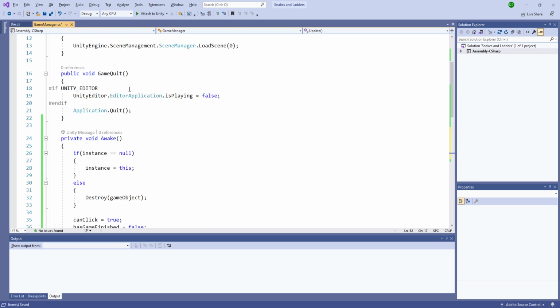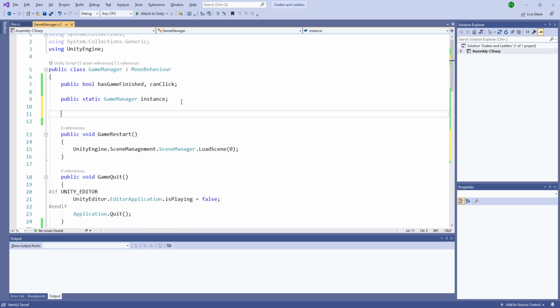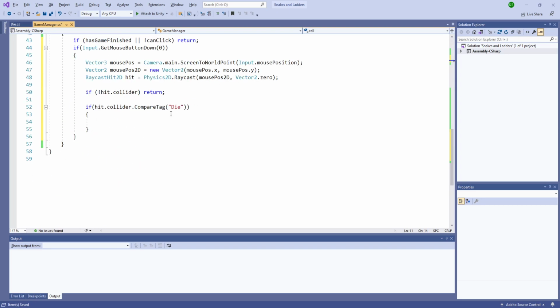Let's create an integer for it. So let's roll plus 0, 1, 2, 3. We have the roll, then we'll call hit slider dot game object dot get component and insert the die,